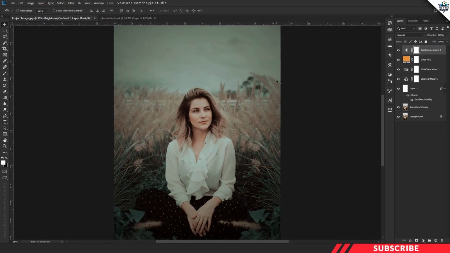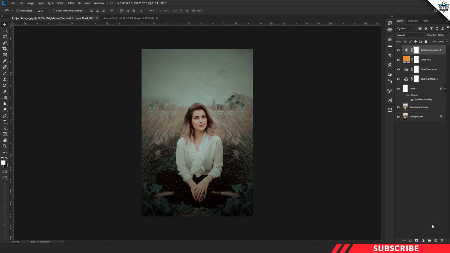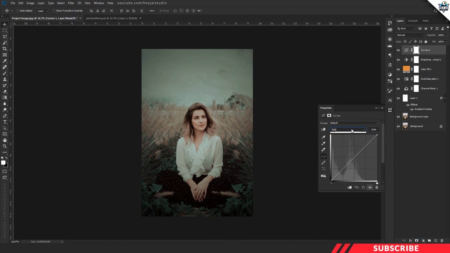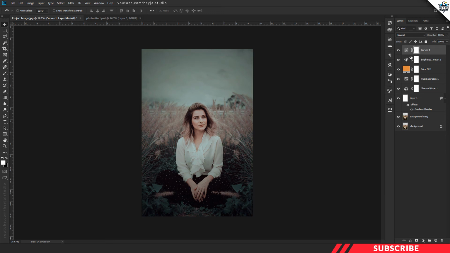Next, the image has a yellow tint. I'm going to take care of that. I'm going to use a curves adjustment layer, create a new curves adjustment layer. There, select the blue curve. I'm going to pull the top curve a little bit up and the bottom curve a little bit up. Now our image has a minimal blue tone. This one is before, after. Looks perfect. There you go, we are done with the color grading process.